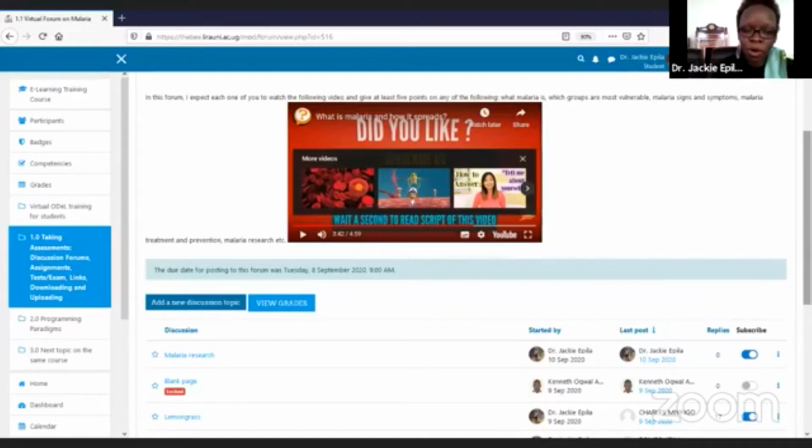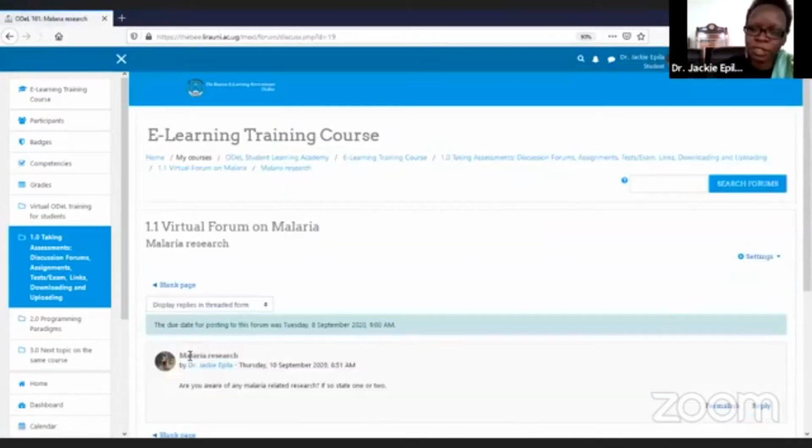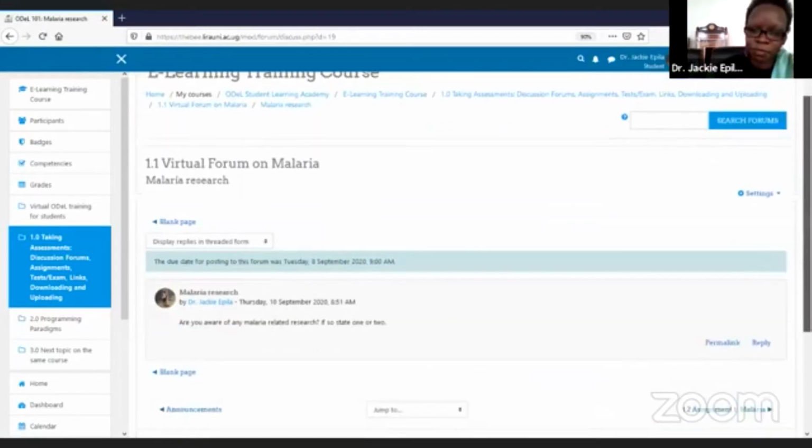But now I want you to click under discussion, there is malaria research. Could you click on the malaria research that is next to the star? Are you seeing it here? If you click on that, you'll go to a discussion platform, the forum itself. And if you're all there,